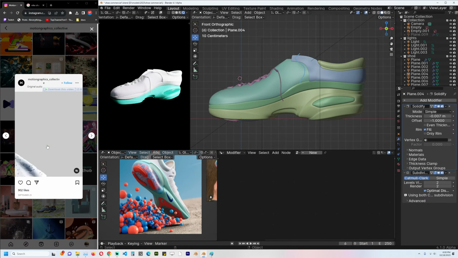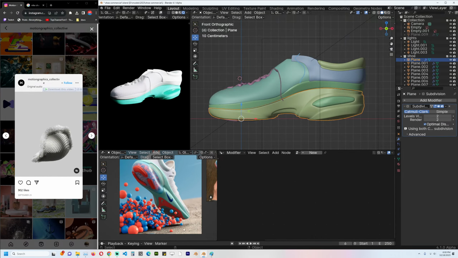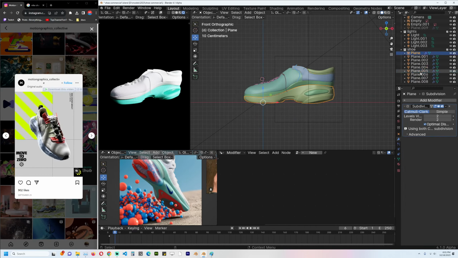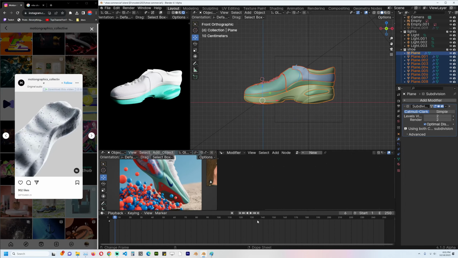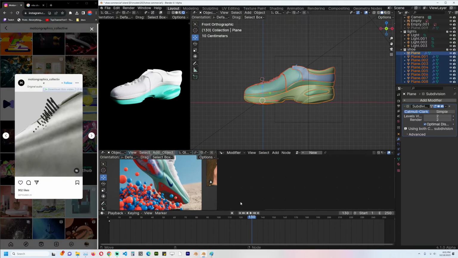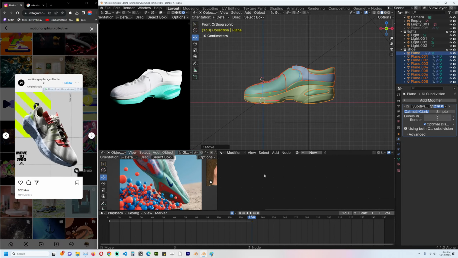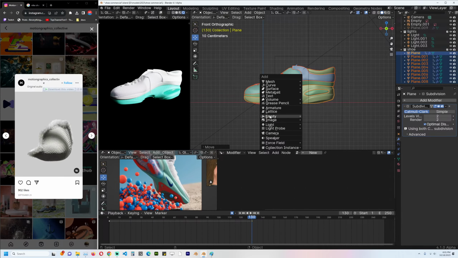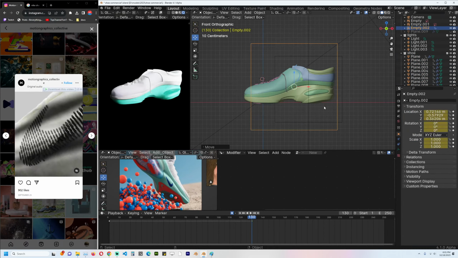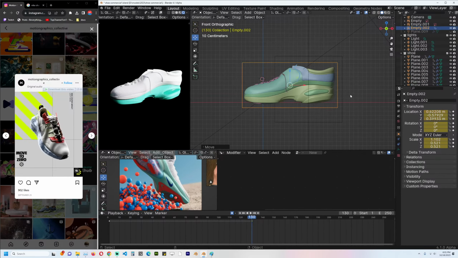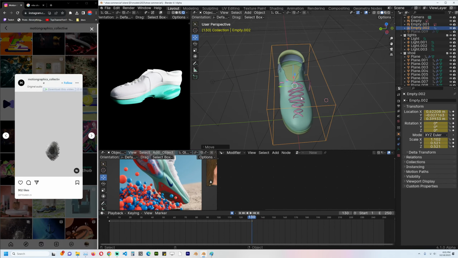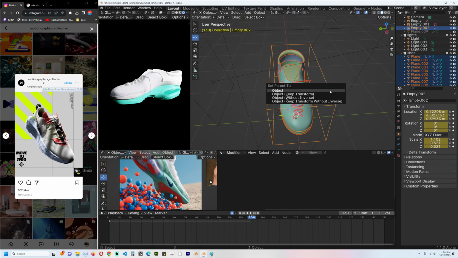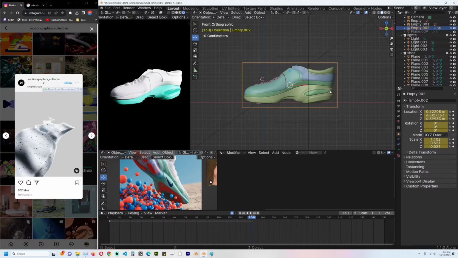So yeah, this shoe, we start with this here. I'm going to give this, first of all, we need to make sure that all these have a final keyframe, which should be around there. I'm just going to add a keyframe like that, and I'm also going to parent everything to an empty like this, so that I can easily animate everything at once if I want to. So just going to select this collection and then parent this. Okay, and this